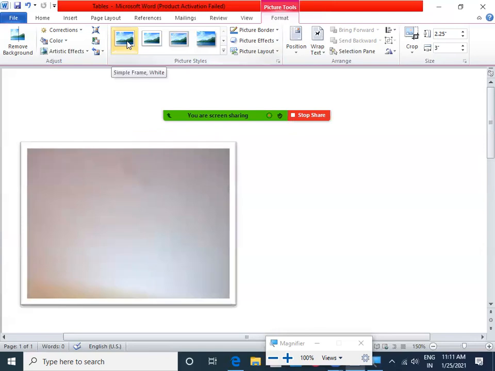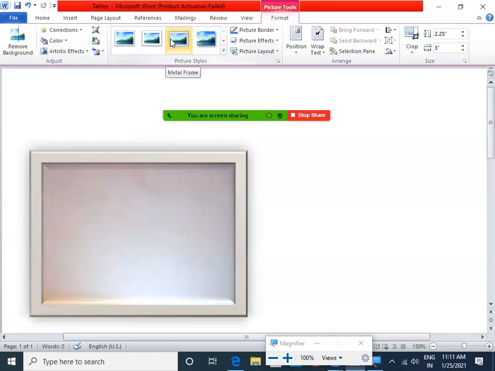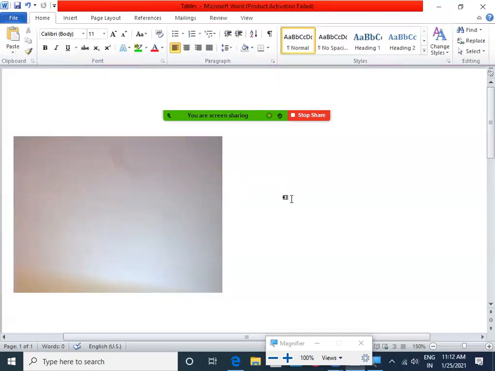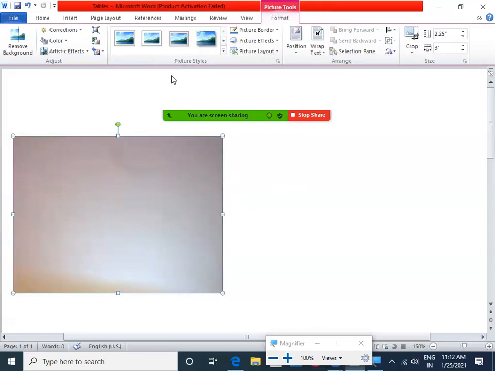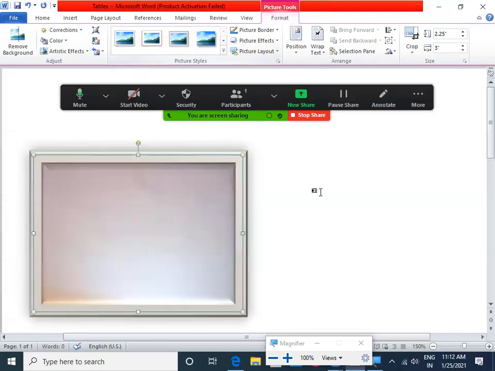If you want to apply some picture styles, or add a frame, you can select these different options, and a frame will appear for the picture. These are present inside Picture Styles. But to enable this, we first need to include the picture. Then only these will be highlighted. Otherwise, they will not be available. The moment you click on the image, these options will be enabled. So you can add different frames for this if you want, and so on.